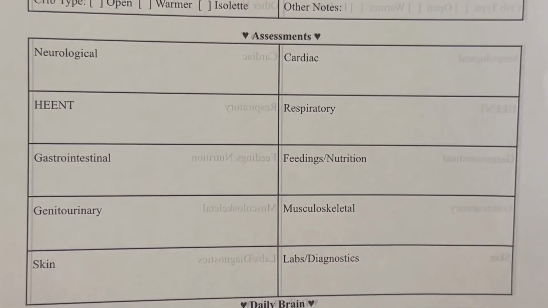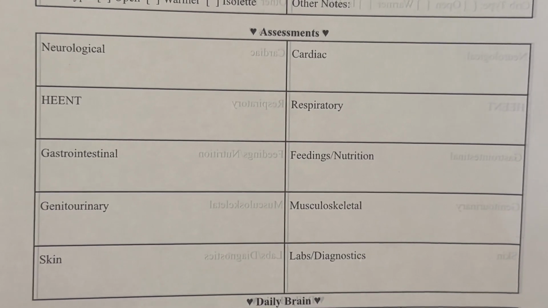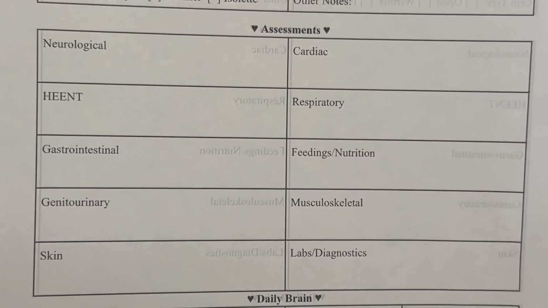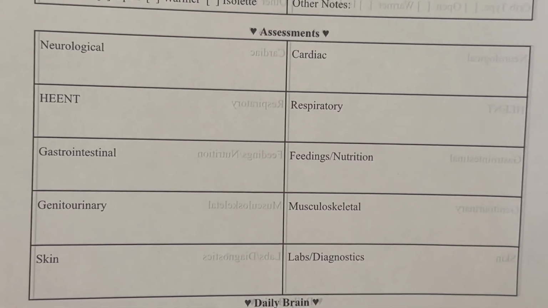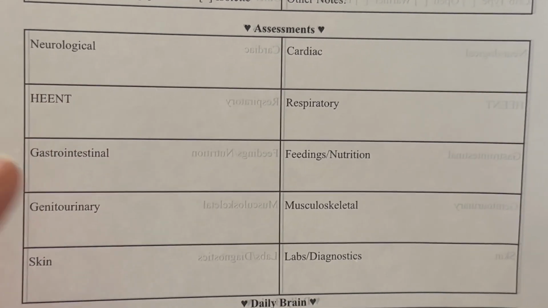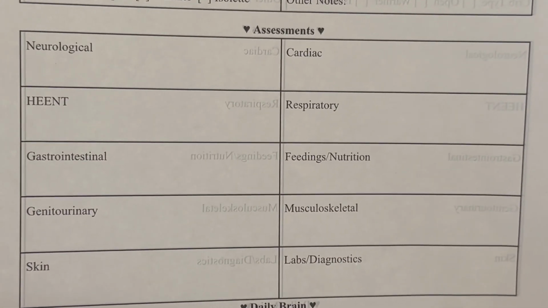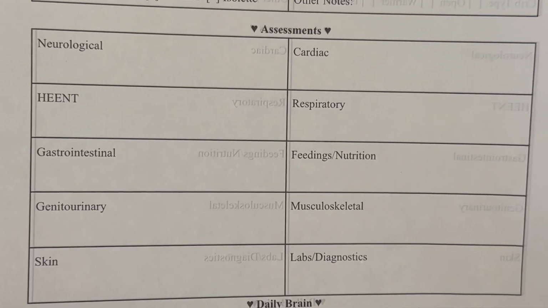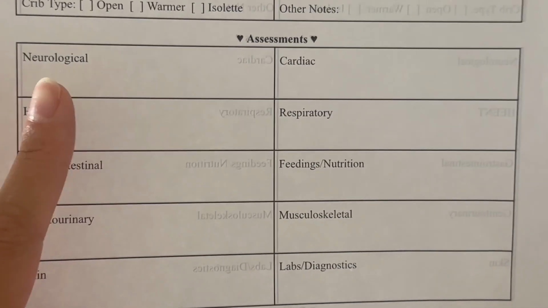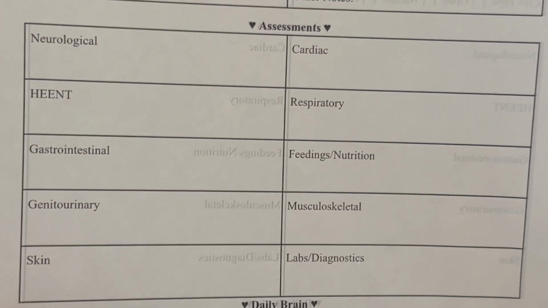You have HEENT, which is head, ear, eyes, nose, and throat, I guess you can say. So we have that here. That's anything that is different there. You'll be able to pop it in here. Like let's say they have ROP, I'd pop that in there. Let's say that they have a cleft lip or cleft palate, I'd pop that in there as well. So that's just an example. Then